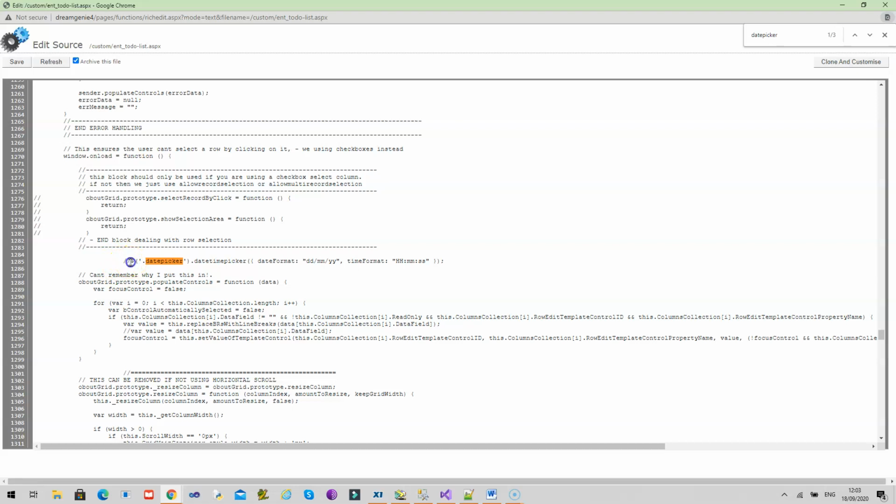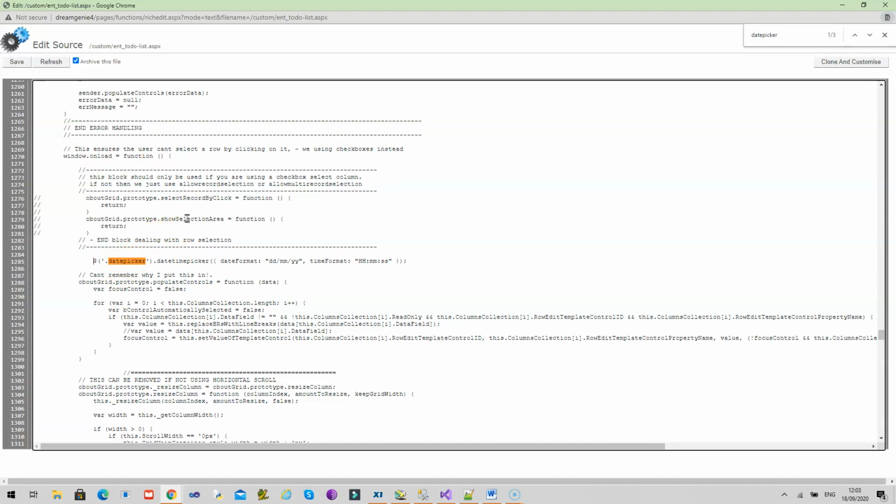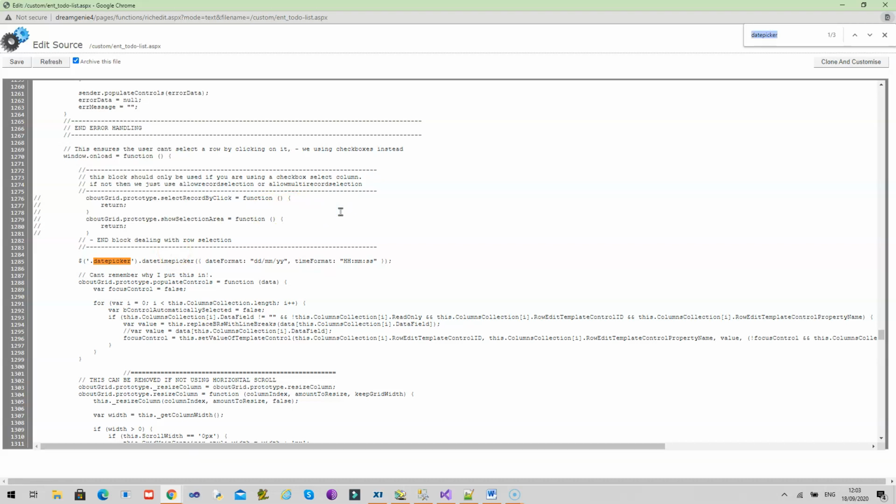And it's found it here. Let's remove, unrem this line and align it correctly. So that's activated all the fields that are date time now to be date pickers. And if we also look for the insert record function